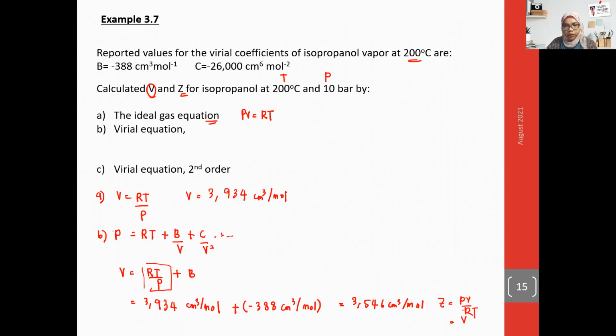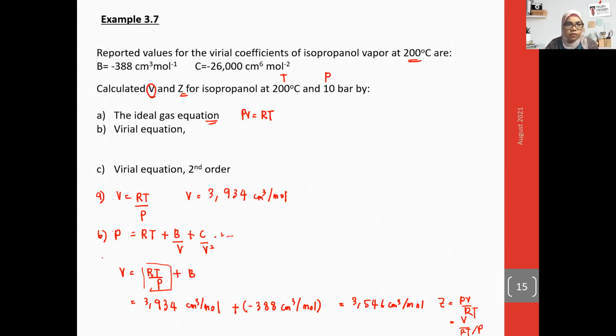You can rearrange here, V equal to RT over P, right? So by using RT over P, we have this, and then it turns to,